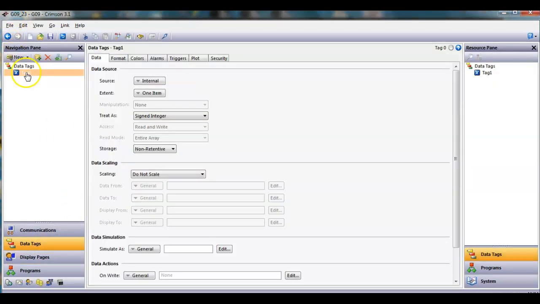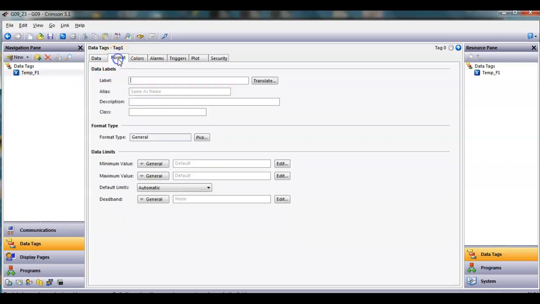and let's just call this one, let's rename it. We're going to hit new, and we're going to call this one temp underscore F1, because there's going to be 6 of these eventually. So I'm going to do temp underscore F1, and I'm going to pretend in this example that if I go to the Format tab, that this guy is going to have a range of, we're going to pretend from 0 to 100.0 degrees Fahrenheit. So I'm going to put 1 for 0 here, and this is going to sound weird,